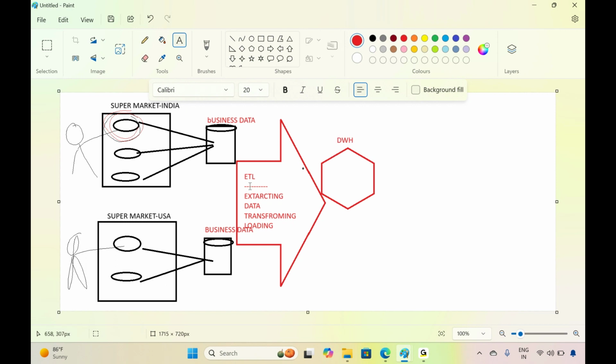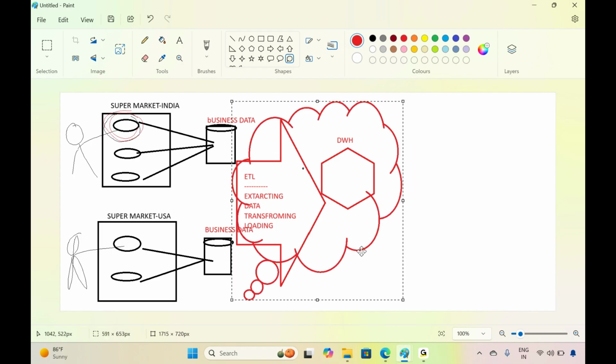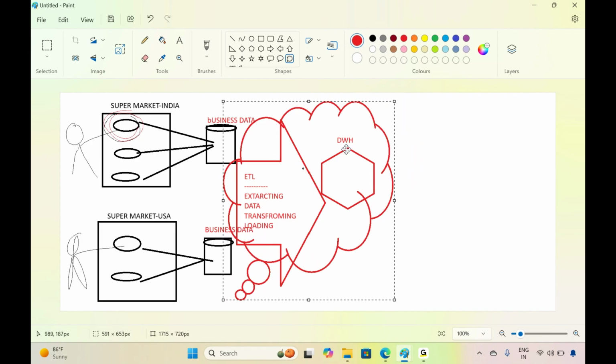By using ETL pipelines, we move the complete business data from this server into one particular place. We do this entire activity inside the Microsoft Azure cloud, where we have storages for storing the data and ETL tools for doing the ETL process.